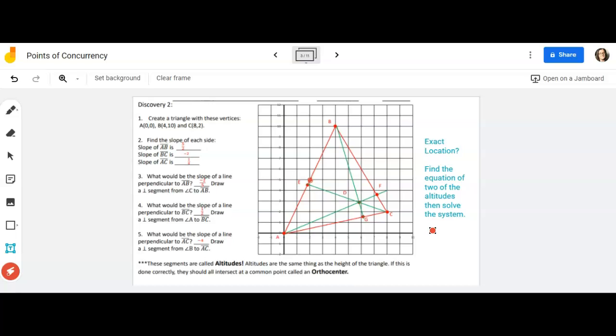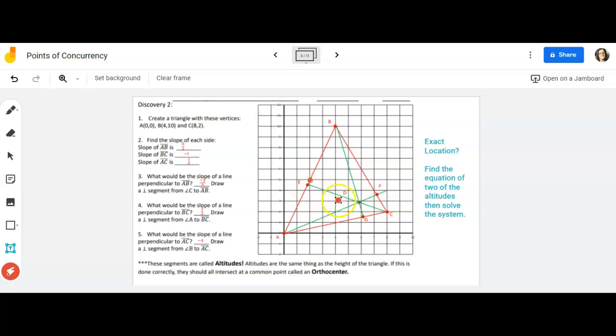One of the easiest ways to solve a system once you know your equations is to type them into Desmos and see where they intersect. So that's what I want to do next. On the next page we find the equation of AF, and we find the equation of EC. Now EC hits AB. So I want to come over here. We found this to be the slope of the line that would hit AB at a perpendicular,